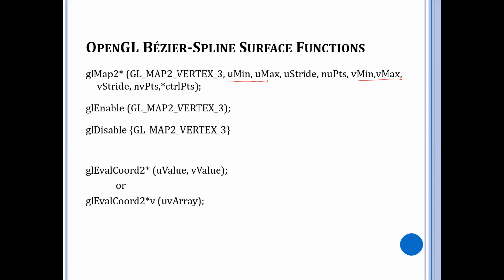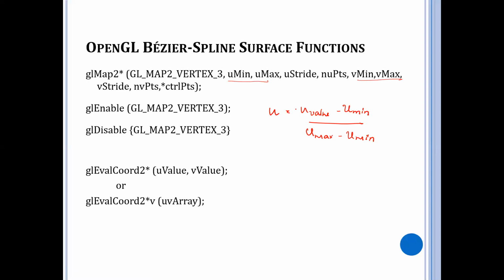Now, how exactly are this u value and v value generated for us? To get u, I say u is equal to the u value minus u minimum, divided by u maximum minus u minimum.